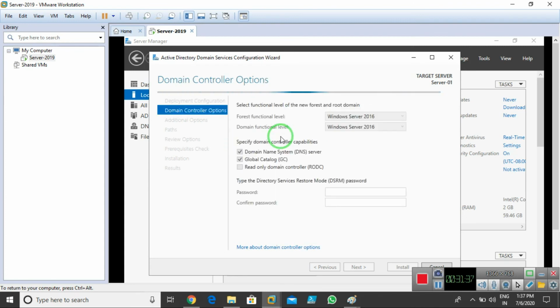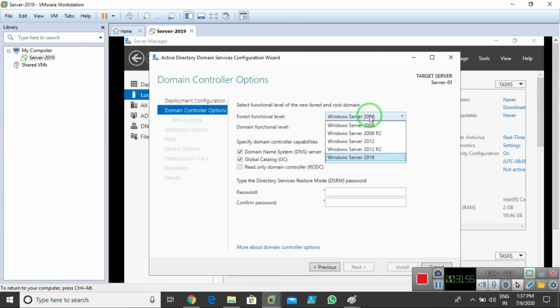Now they ask me the function levels, the forest function level and domain function levels. Function level means if I define server 2016 in the forest function level, in that case I am only able to use 2016 servers.